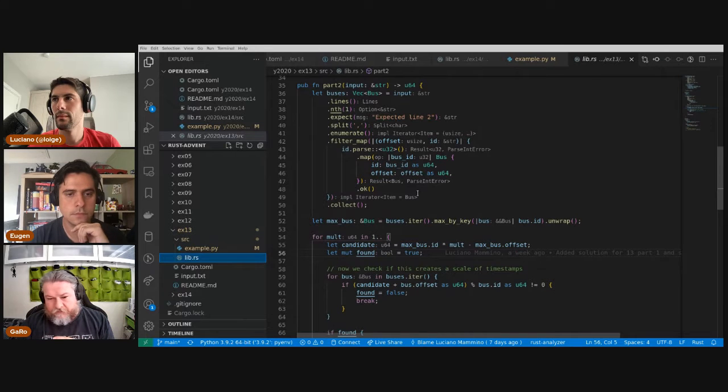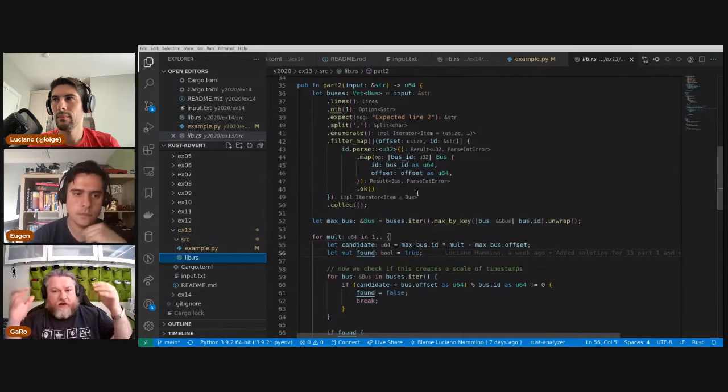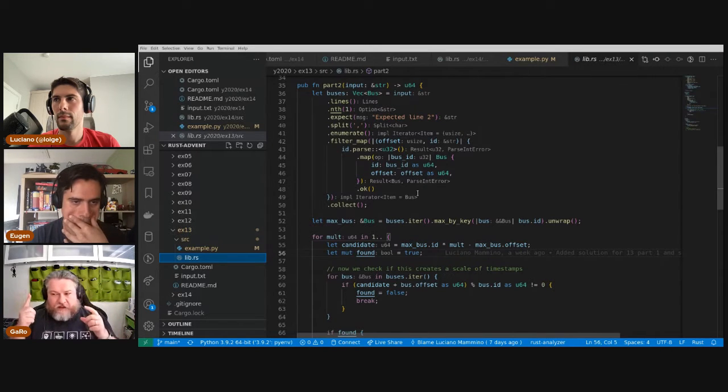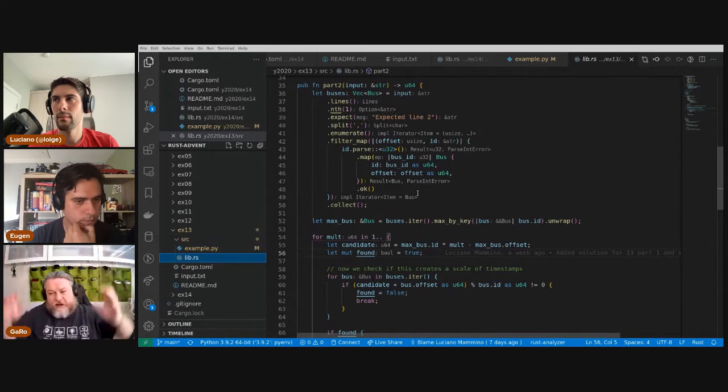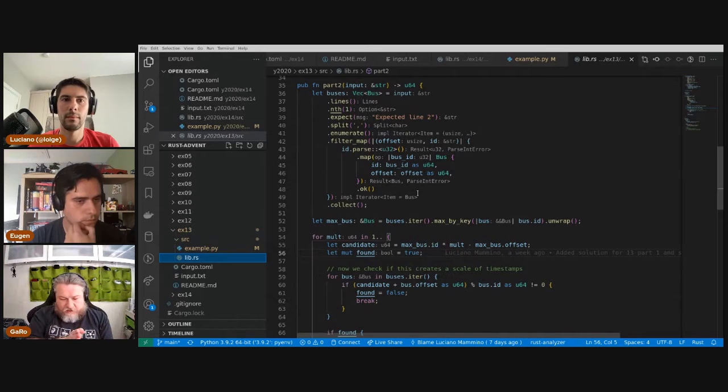And we can compute the first number that is satisfying 613, because it is 613 minus the offset. That is the first number that is satisfying at least that bus. Then the next number that is satisfying that bus is that number plus again 613. So we can take the first number and start to jump by 613 until we find